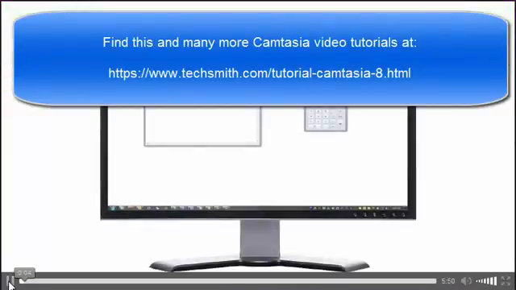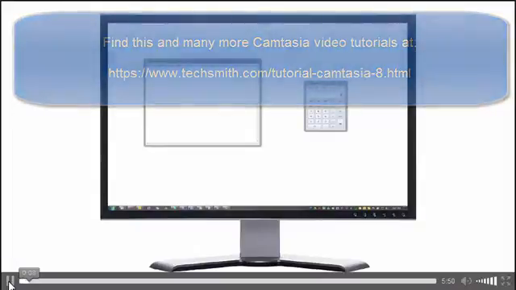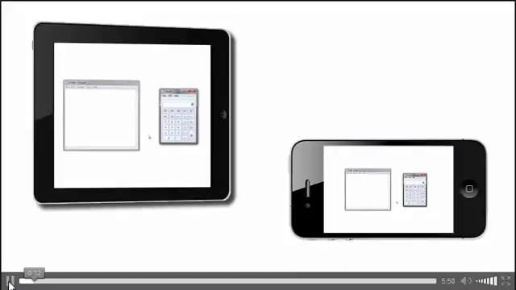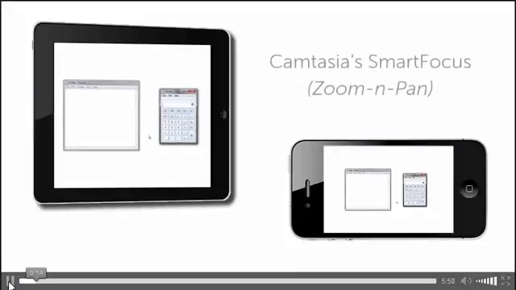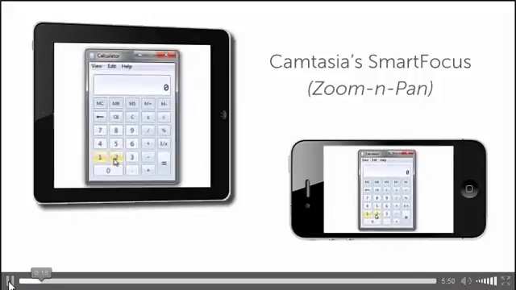When you record at full screen or with any large dimensions, sometimes it's difficult to see the details of your video when producing to much smaller dimensions, such as on a mobile device or a website. That's where Camtasia's Smart Focus feature can help. Smart Focus automatically predicts where to zoom in during your video to make it easier to see things on your